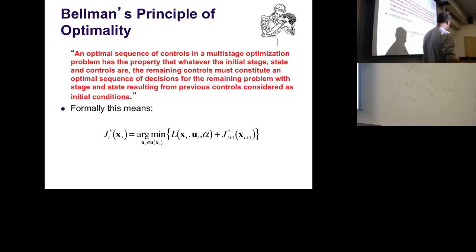Simply you just look around and say, okay, I try action 1, it costs me 5, action 2 costs me 10, action 3 costs me whatever, 20. But if I do 5, then the cost to go is essentially 20. If I do 10, the cost to go is 1. Actually, it turns out that paying a cost of 10 immediately and then having a final cost to go of 1 is much cheaper.